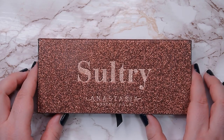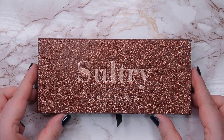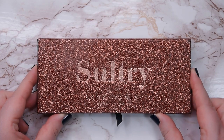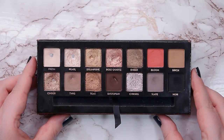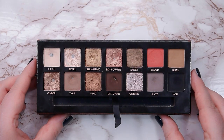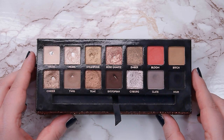Then the last one in the project has been my Sultry palette from Anastasia Beverly Hills. I think I wanted to hit pan in 4 of the eyeshadows in here, and now let's see if I could do it. So here is what it's looking like on the inside, and I'm so excited for this progress